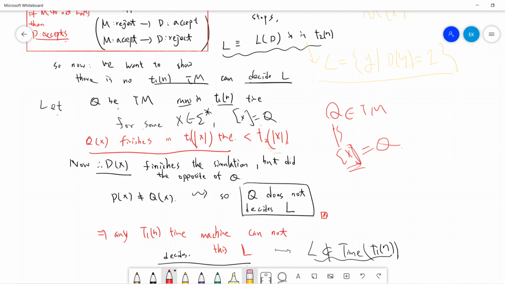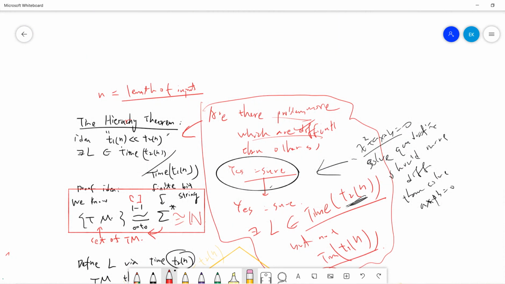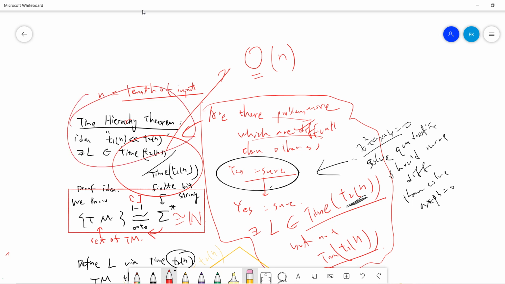Okay, so this is a very high level proof. In order to prove this in detail, you need to consider big O and some subtleties, but the idea is just this. I think this is the second theorem I learned in complexity theory. The first theorem people like to talk about is the halting problem, which is not decidable. And the second, very amazing one in complexity theory, is called the time hierarchy theorem.